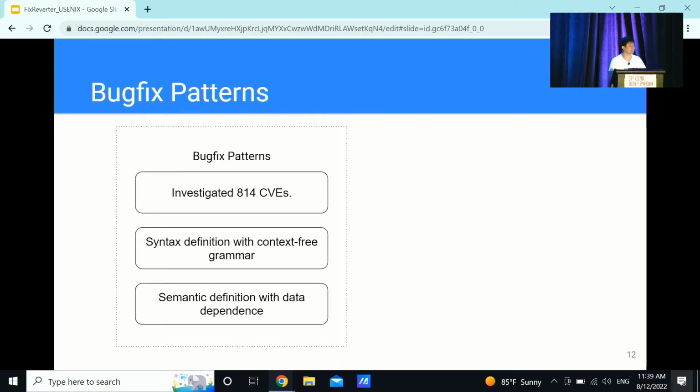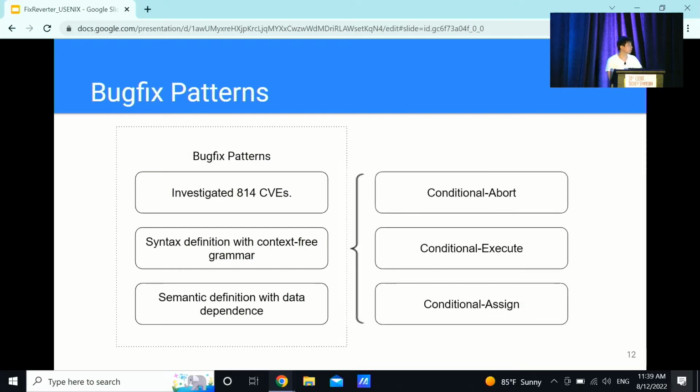We manually investigated the bug fixes of 800 CVEs and defined the bug fix patterns in 2 modules. The syntax definition decides the source code location of the potential injection site, and the semantic definition identifies the relationship from the injection site to a potential crash site. In total, we identified 3 bug fix patterns, and the example we went through just now is an example of